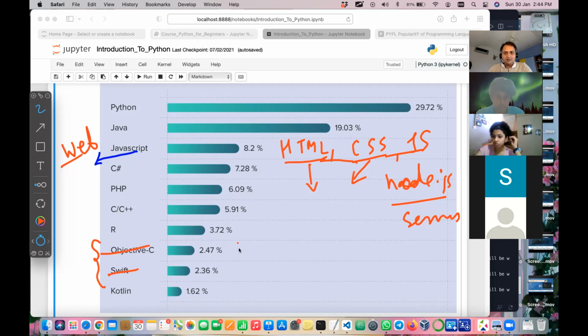Can anybody tell? I don't use Swift or Objective-C, so I'm not sure. Okay, yes. Anybody can tell where it is used? I'm sure you use software built using Swift and Objective-C. Okay, so who has an iPad or iPhone? Okay, so